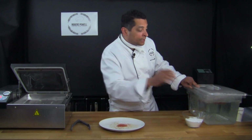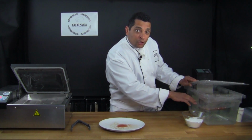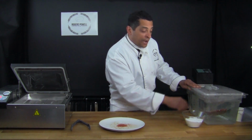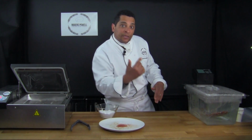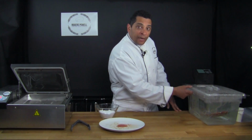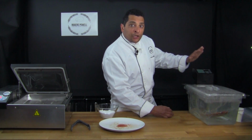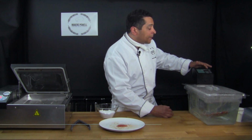Make sure that the bag never floats. It needs to be completely submerged in your water bath here. And on the bottom, I have a rack that I place to make sure there is circulation of the water in that water bath. I'm not sure if I said that about my immersion circulator, which is here the Vac-Master